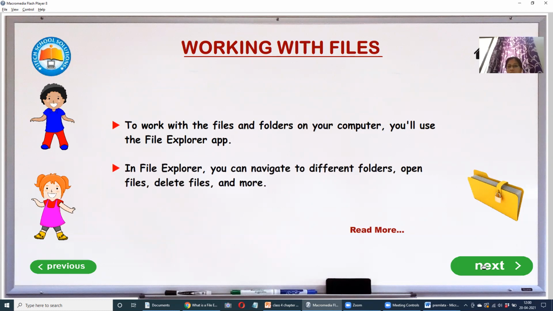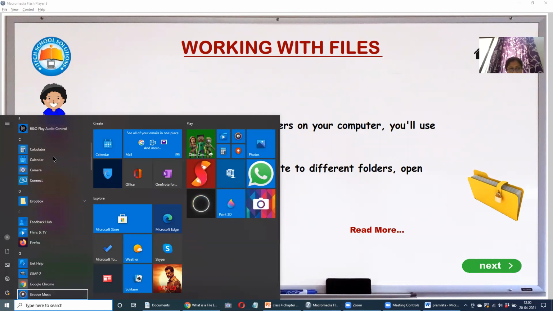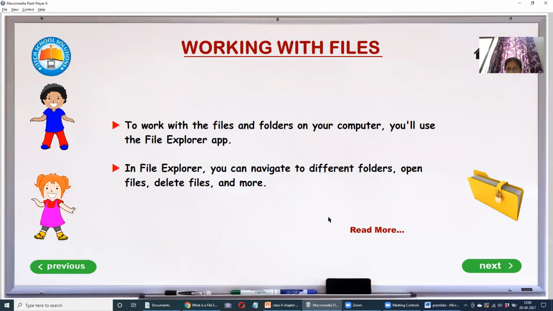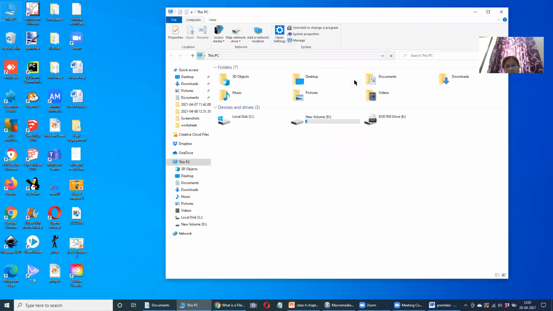To work with a file and folder on your computer, you will use File Explorer. Now I'll click on this Windows button. Let us search our File Explorer. Or you will be able to see My PC.